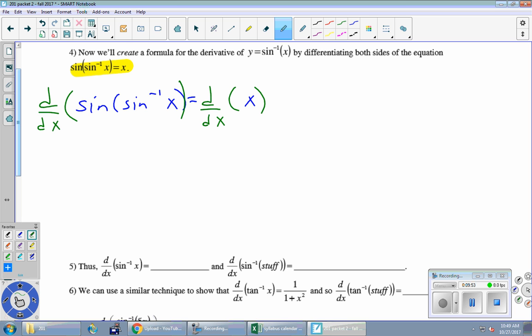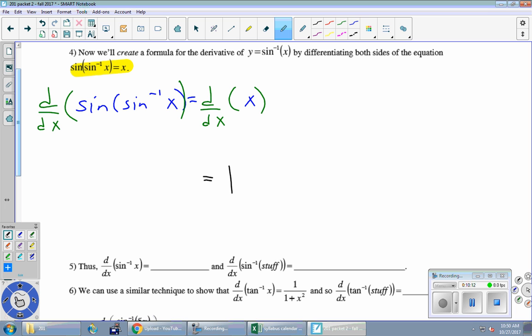And if we believed the blue things were equal, then certainly their derivatives will be equal too. Okay, let's take our derivatives. Right-hand side, again, that's easy. It's just 1. Left-hand side, it looks complicated, but fundamentally the left-hand side is the derivative of sine of some